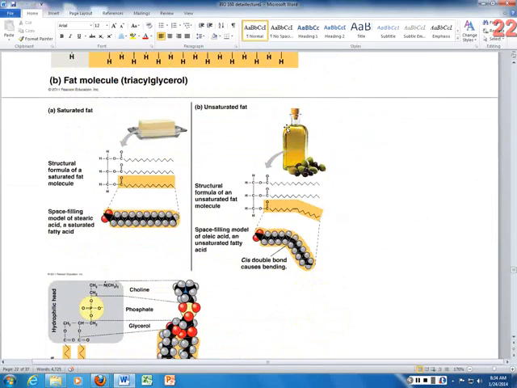And my little picture of it's down here. So with your saturated fats, it's a nice straight molecule. Unsaturated, there's a bend in it. So when you go to stack them up, if you have a nice new ream of paper and you set that on the counter, that's going to be a lot more stable than if you have papers that have been all wadded up and bent and you try and stack those in a pile on a countertop. So what you'll end up with, the saturated fats, more stable, more solid at room temperature, unsaturated, less stable, liquid